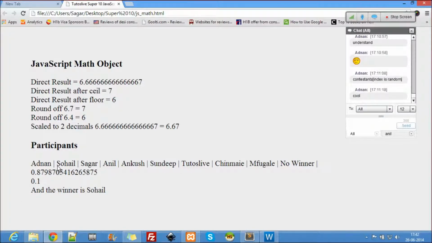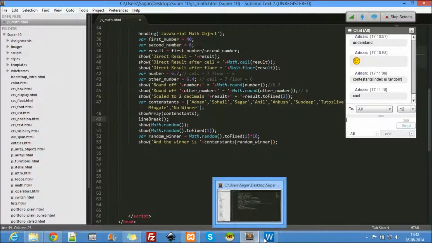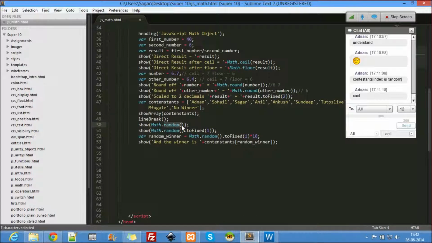Okay, this number and this number are not the same. Don't think that it is giving 4, 2 and 7. They're different. You understood, right? Why are there two different numbers though I used the same? Because every time it generates a new random number. Okay, so let me do this.